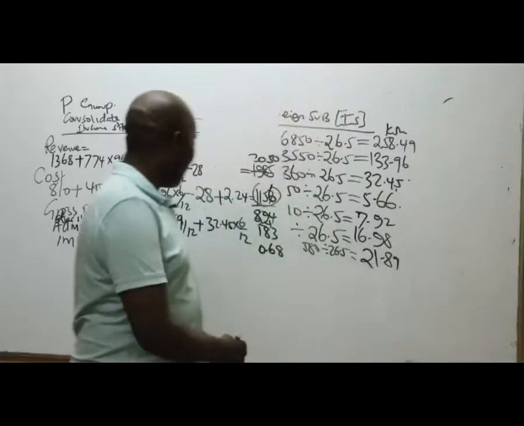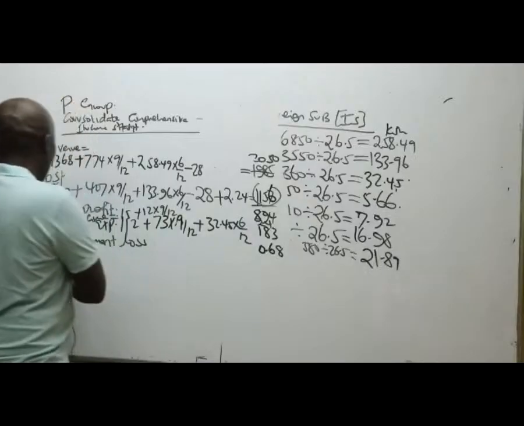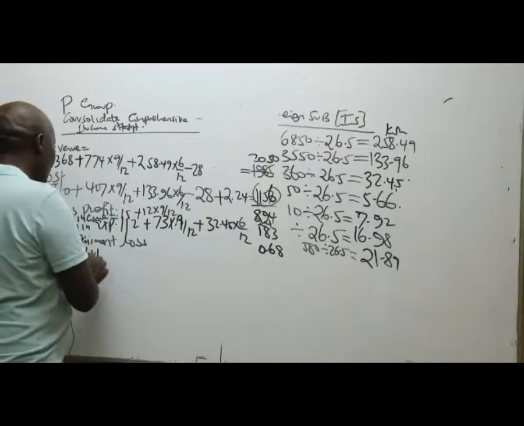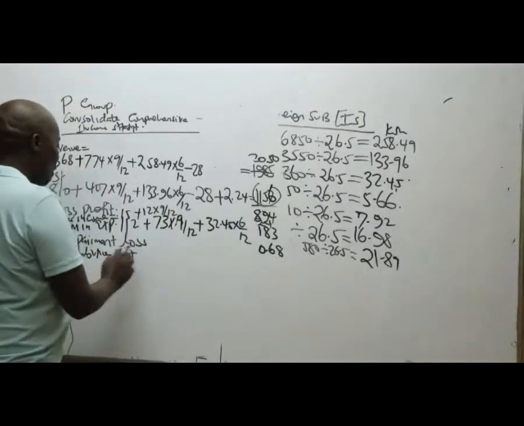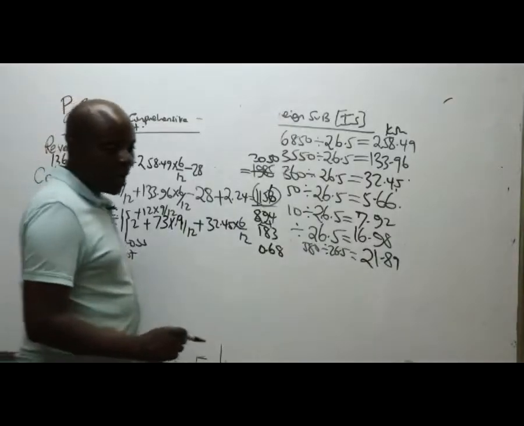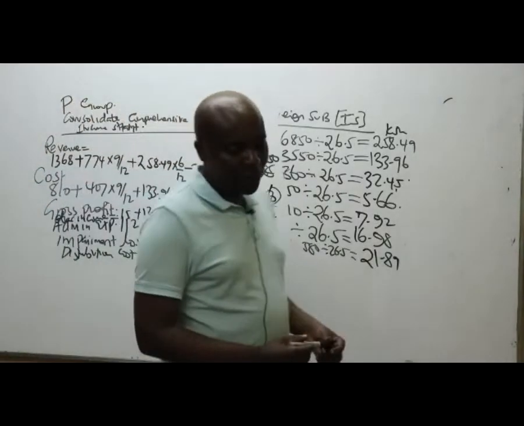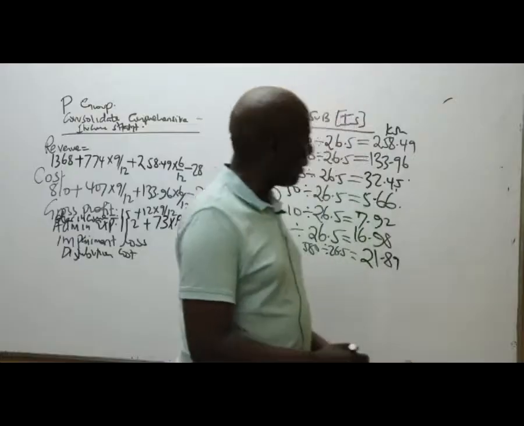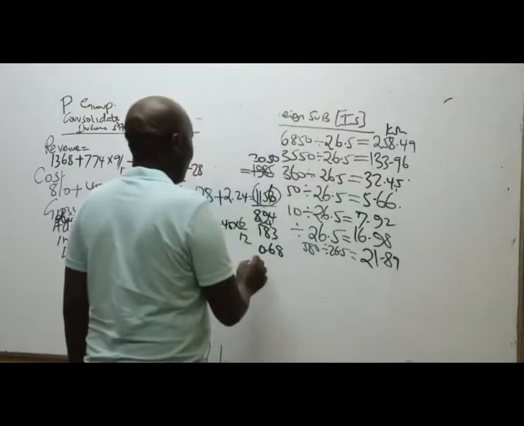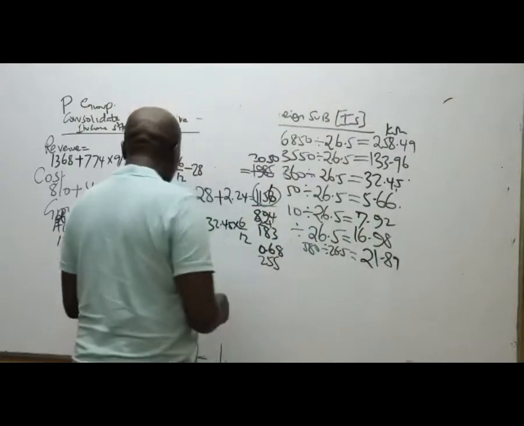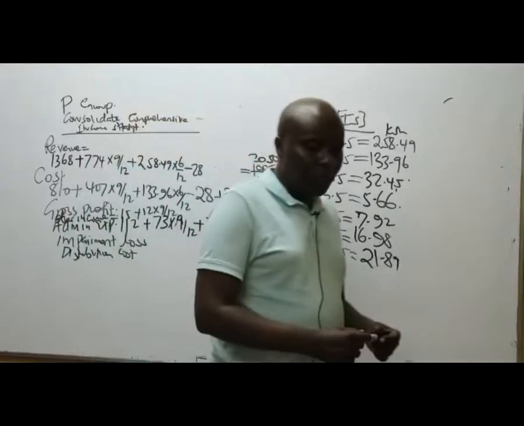255. So I'm being given a figure of distribution cost. It's only one student who gave me the answer, 255. Thank you very much. I'll come and put it somewhere here. Apart from that, ladies and gentlemen,